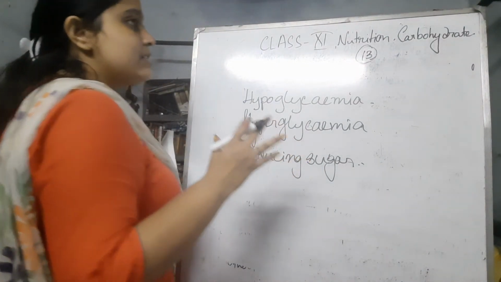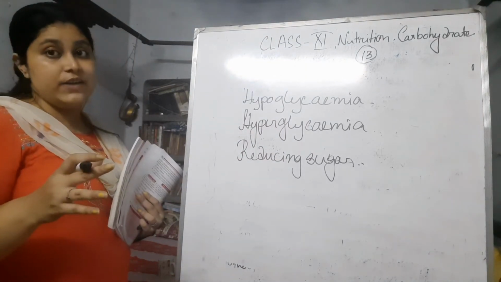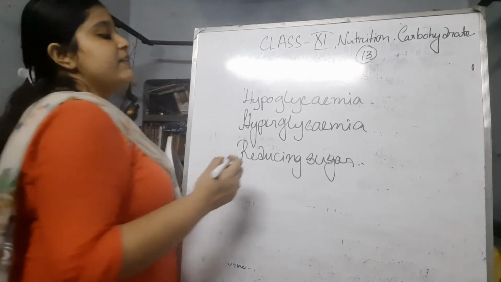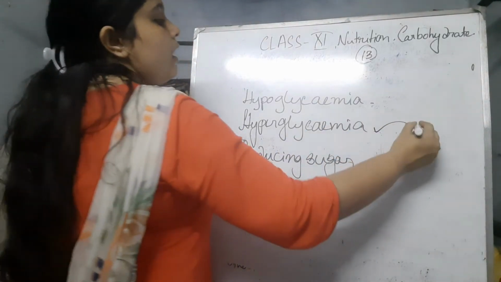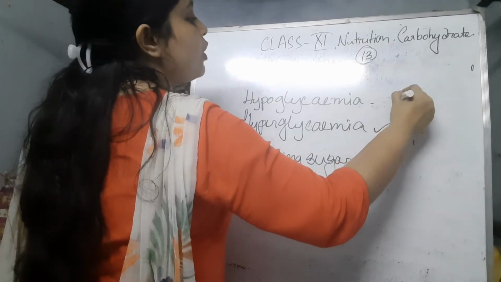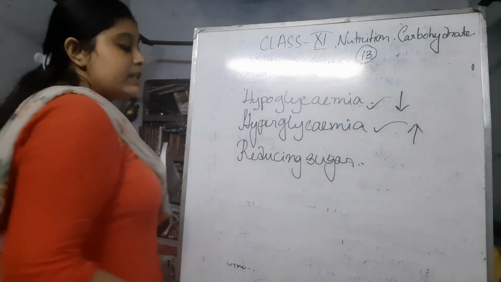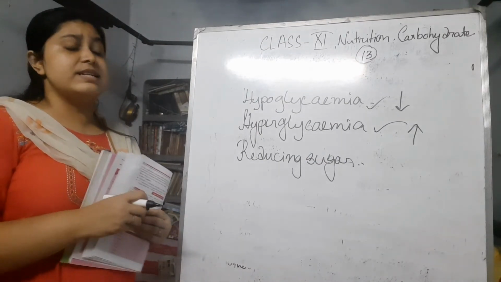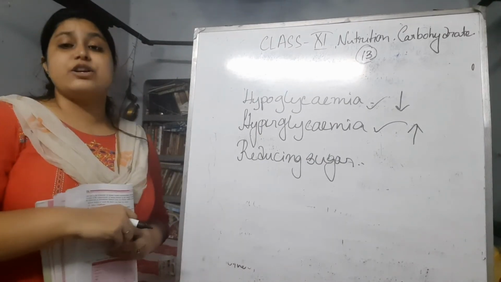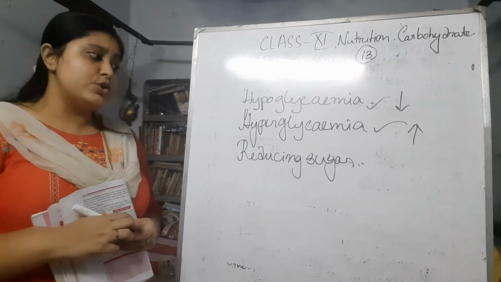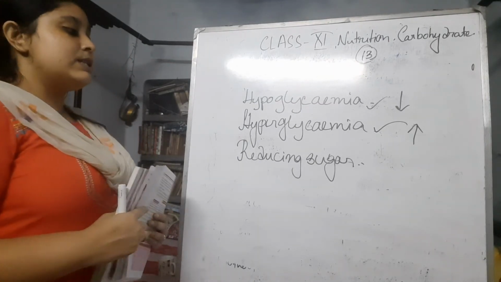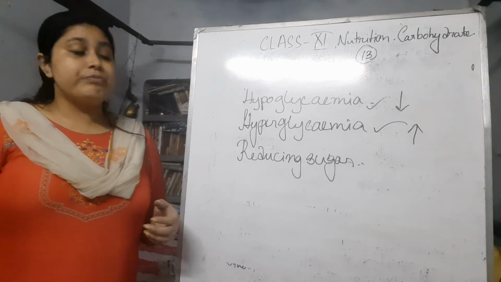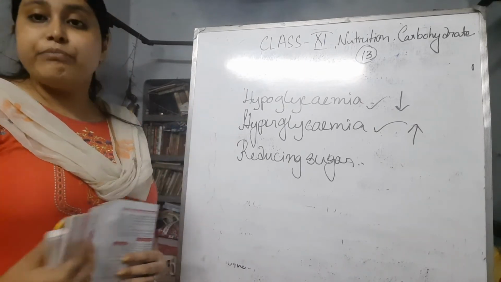We should have a certain sugar level, that is 70 to 110 mg per dl. But if it goes high, it is called hyperglycemia, and if it goes down, then it is called hypoglycemia. And the reducing sugar term, you have already learned about that, because in the previous part, when I was discussing the structures of the monosaccharides and disaccharides, I already told you what reducing sugar is. That means they can provide the free aldose or ketose group, and let's learn about them.